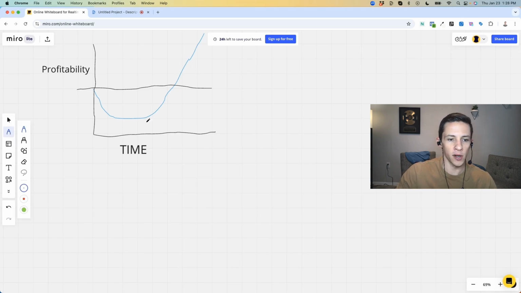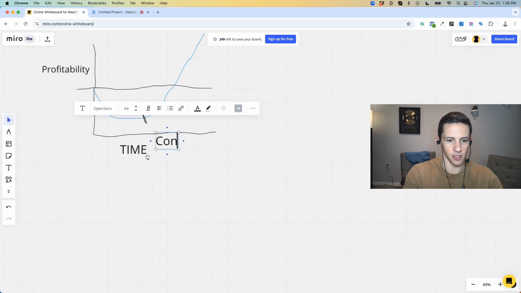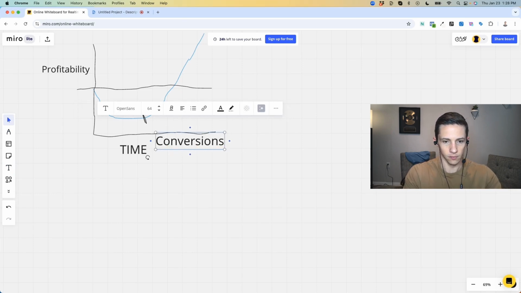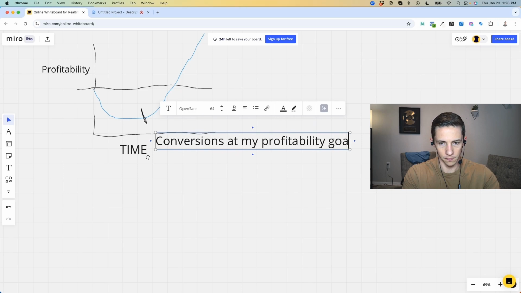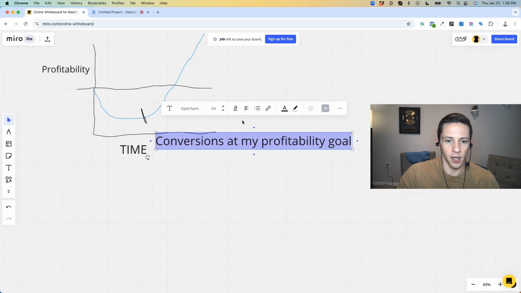Now, what is my inflection point going to be? When I say scalable, I mean reaching a point of profitability that has the ability to go up infinitely with my ad spend. And that is where I am getting conversions at my profitability goal. And my profitability goal is really a key aspect, and that is where I start my budgeting and my planning for everything